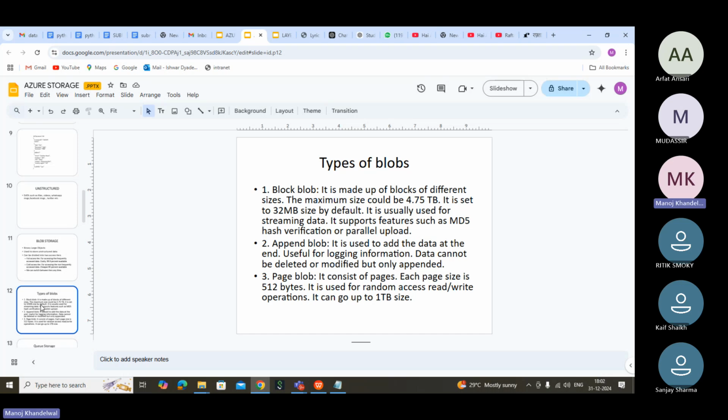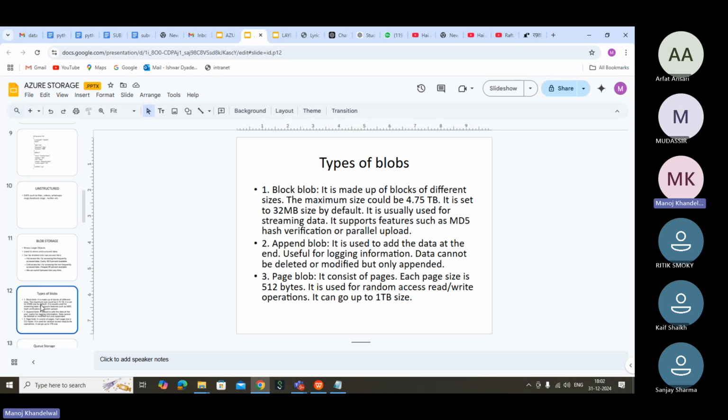So this is blob, right? Again, I summarize: blob is most suitable when you want to store sequential data, right? Streaming data means the data which, nowadays we get a lot of data from IoTs, Internet of Things.